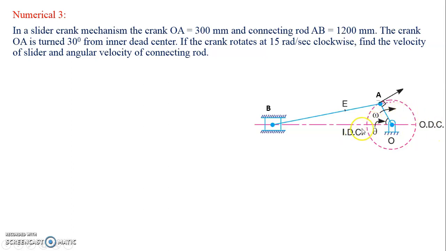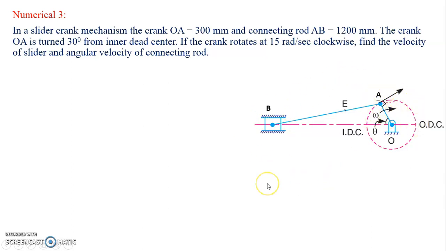Okay, so this inner dead center corresponds to the position of the crank. Just like the piston or the slider, when it's at its furthermost position, it is known as TDC, and when it's at the bottommost position, it is known as BDC, right? Top dead center, bottom dead center. Similarly, when the piston is at the top dead center, the crank is directly above. So that position of the crank is known as inner dead center. Similarly, when the piston is at the bottom dead center, the crank is at the extreme other end, which is known as outer dead center. So this is the nomenclature.